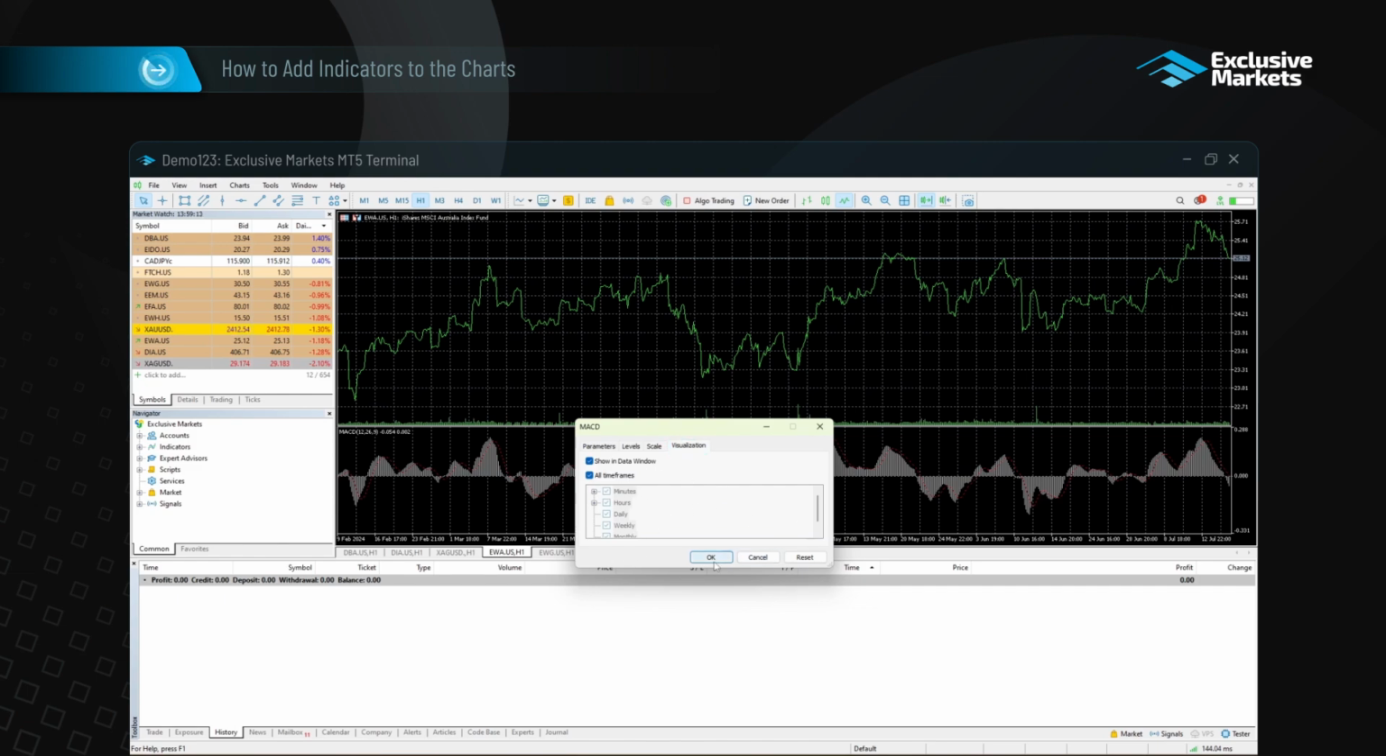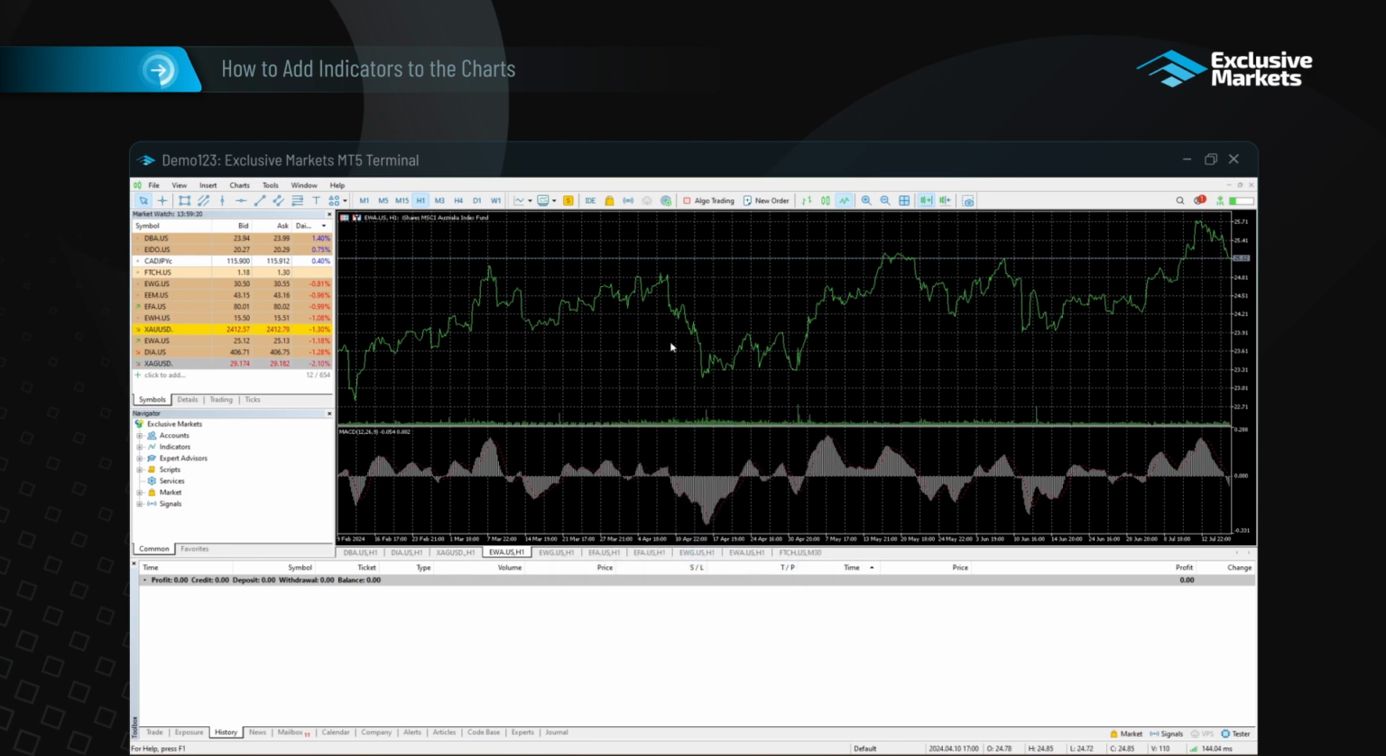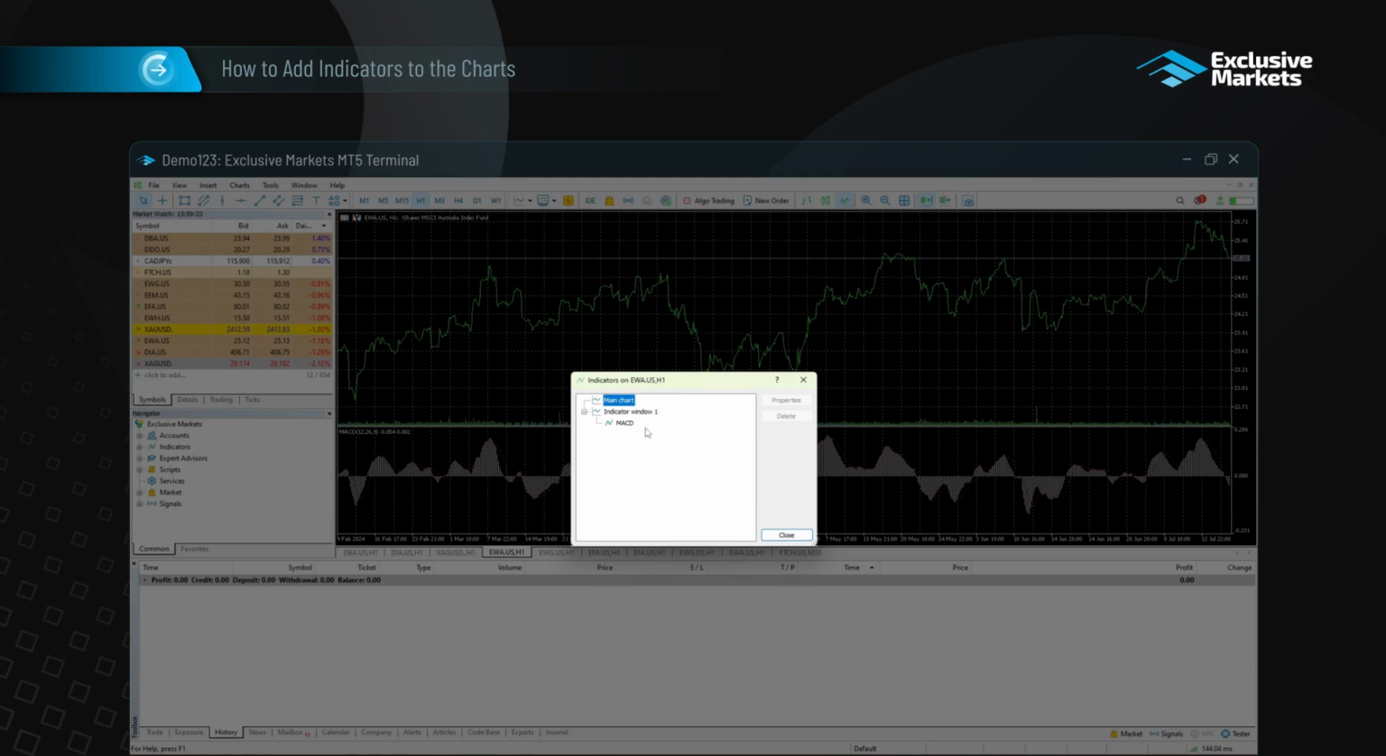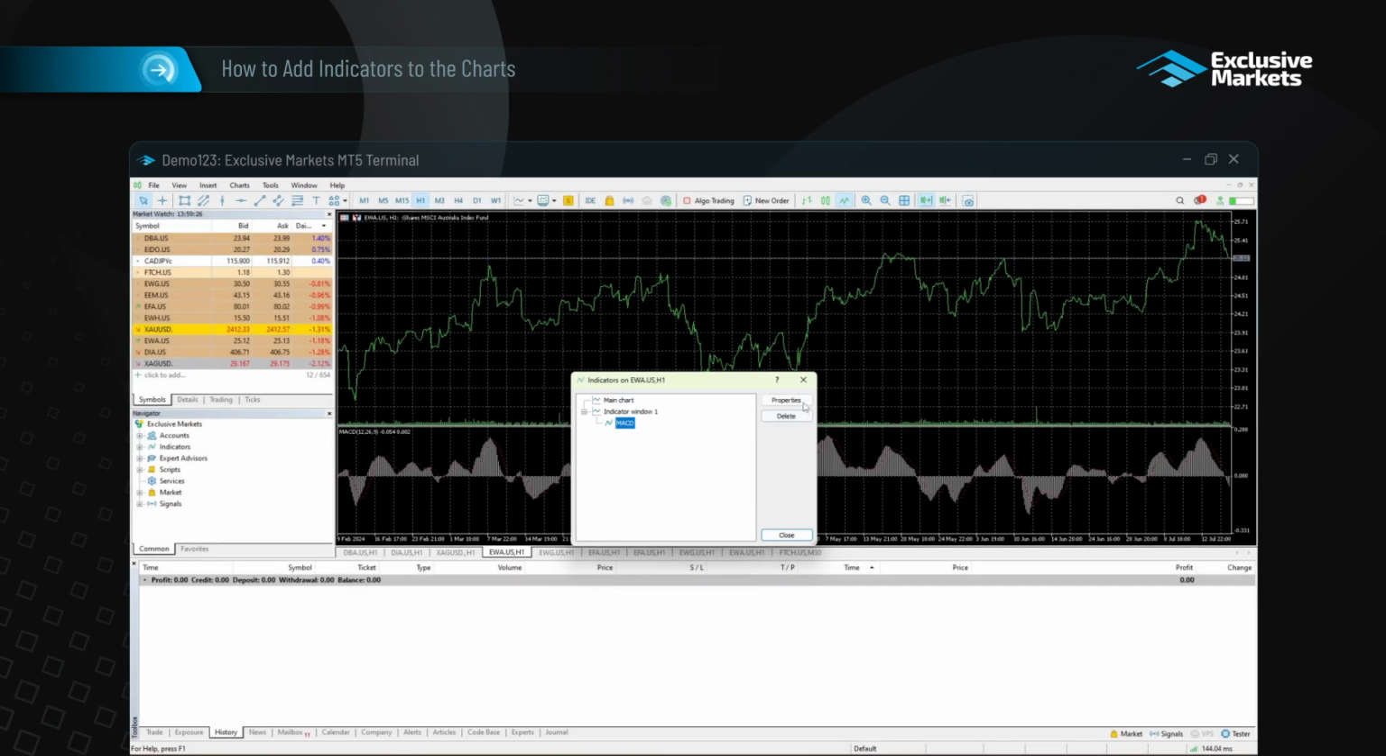in the Visualization tab. To change an indicator's settings or remove it from your chart, right-click on the chart and go to the Indicator list. From there, you can select the indicator you want to modify and either edit its settings or delete it entirely from the